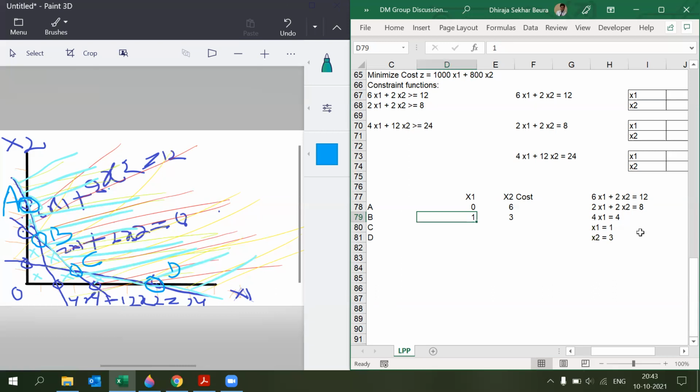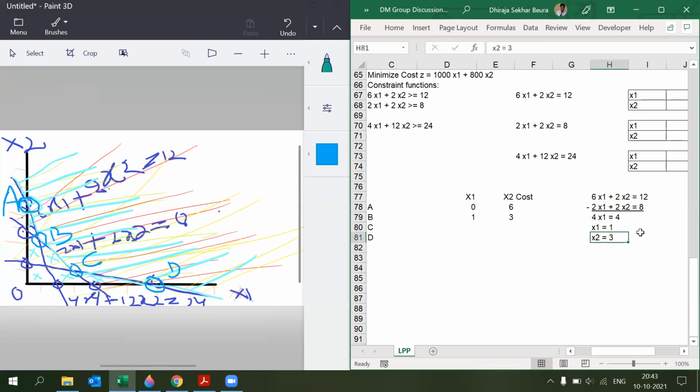Now, this is where writing the equation on the graph helps a lot, because otherwise you get confused about which line is which equation. Always have the practice of doing that. You did this calculation by solving these two equations, right? 6x1 plus 2x2 equals 12, and 2x1 plus 2x2 equals 8. So 12 minus 8 equals 4, right? Yes, that is absolutely correct.